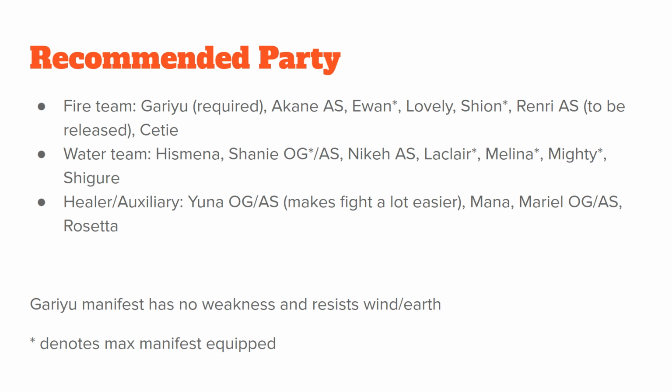Akane Another Style is great since she's one of the best single target DPS right now in global. Iwan with Manifest, Lovely, Shion with Manifest, Renri Another Style, which is to be released as she's the queen of fire DPS later down the line, and Seti can work as well. If you do run a water team, it can be very easy if you have Yuna's